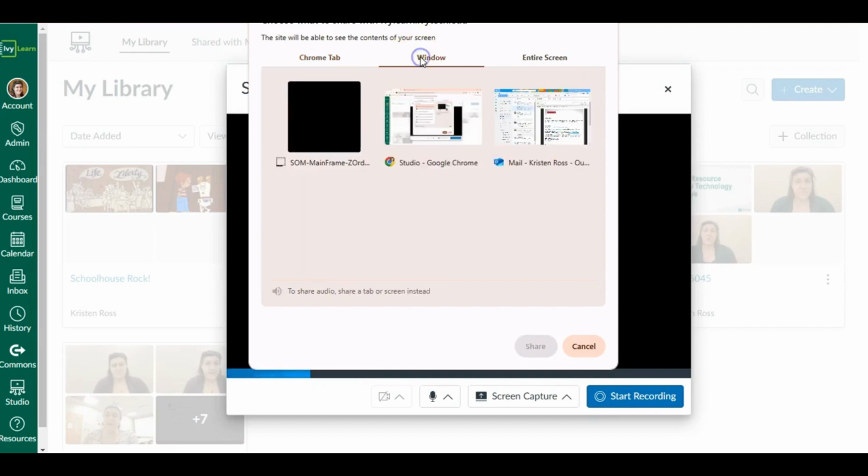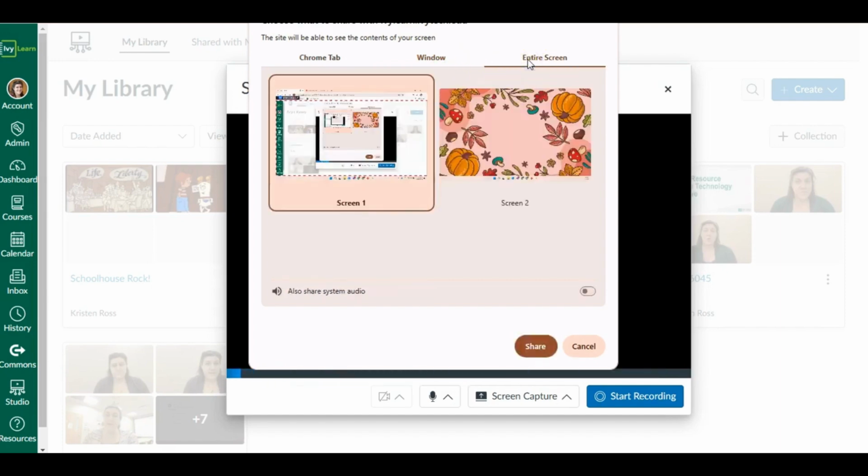I can also select the window, so whatever window I want to have. So again, I've got multiple windows open, different programs. So I've got Chrome, I've got my mail open if I wanted to share that. I'm not going to, but if I wanted to, I could. Or I could have my entire screen.